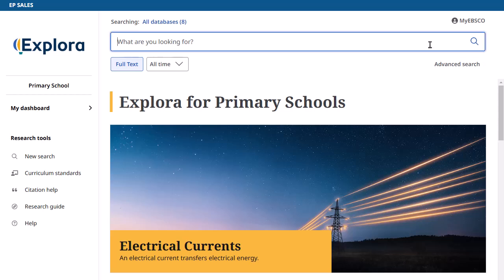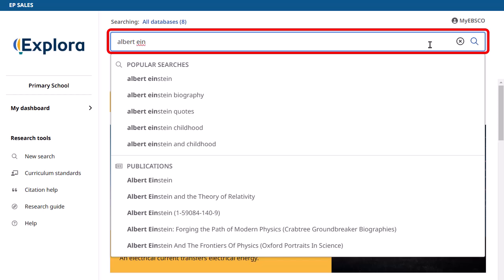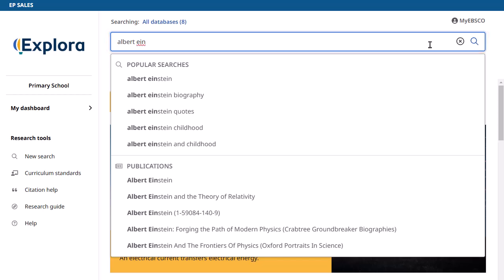The quickest way to find information in Explora is to type a word or phrase in the search box at the top of the page. The autocomplete feature will guess what you're searching for, so even if you misspell a word, related words will appear in the drop-down menu. Select from the list or keep the word you typed and click the magnifying glass for